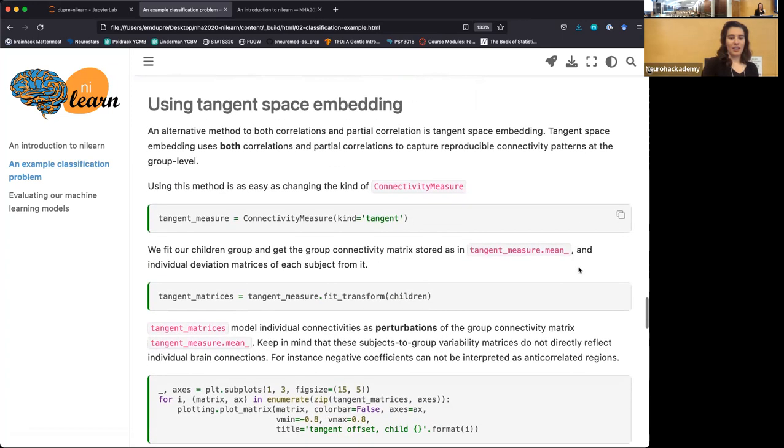All right. The last method I want to show you, and then I promise we are going to do some classification. The last method I want to show you is called tangent space embedding. So this is yet another alternative, because effectively what it's doing is using both correlations and partial correlations, but importantly, it's really functioning at the group level. So again, we can just change kind to tangent,